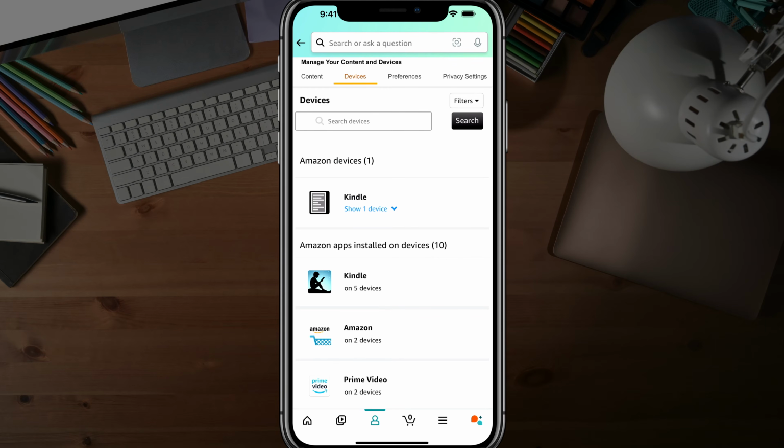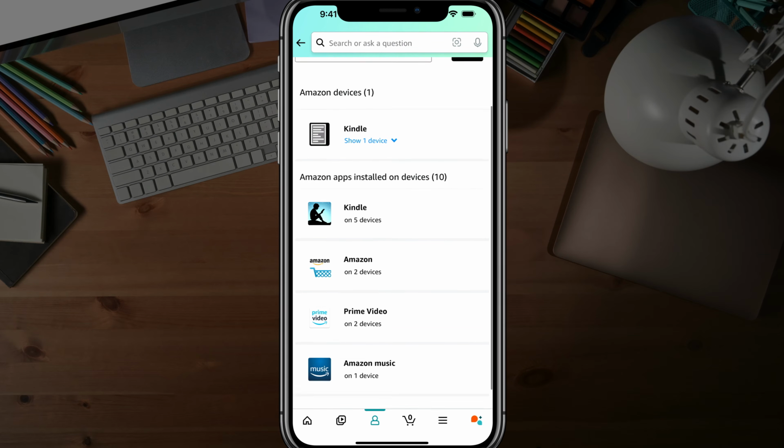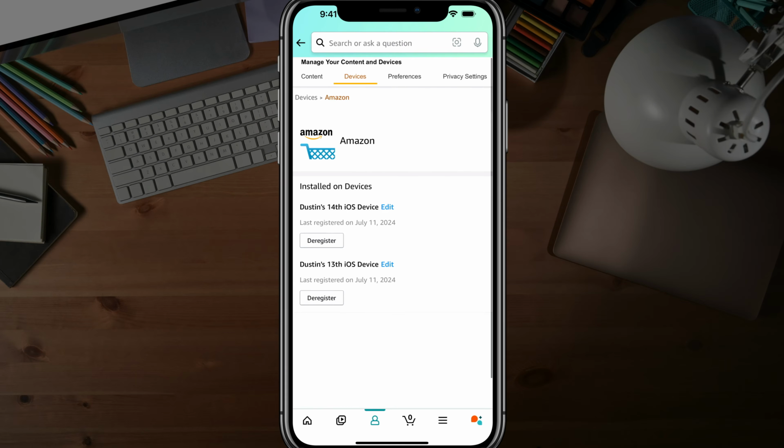Tap into Devices. And then once here, you're going to see all of your different Amazon accounts, like your Amazon Proper, Amazon Kindle, Prime Video, Amazon Music. We want to tap into Amazon, or if it's another one of those services, you can choose that as well. And then once under Amazon, you're going to see a list of all of the devices where your Amazon account